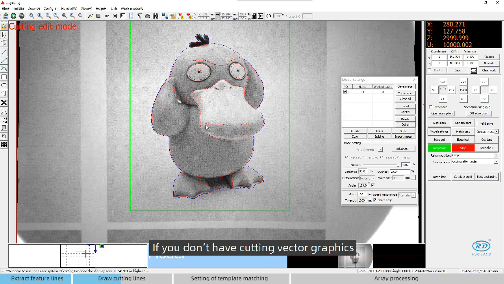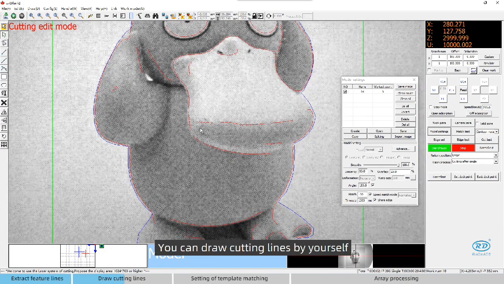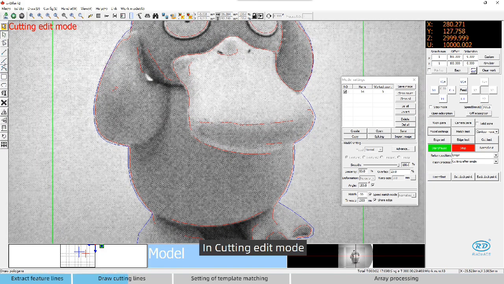If you don't have cutting vector graphics, you can draw cutting lines by yourself. In Cutting Edit mode, draw the